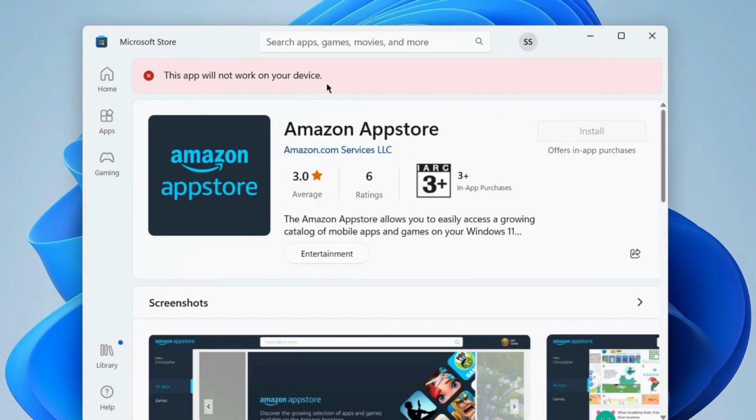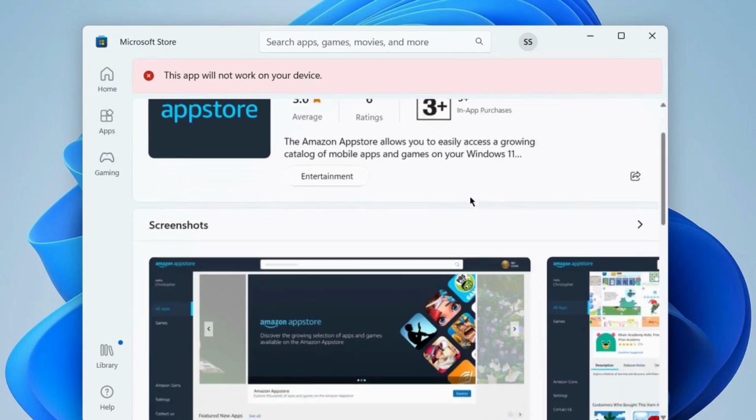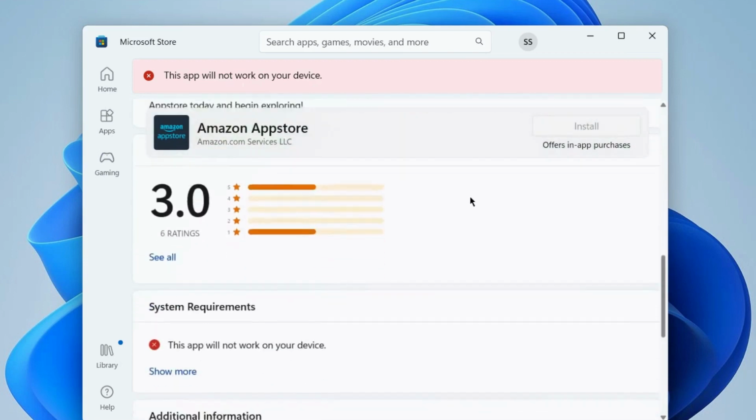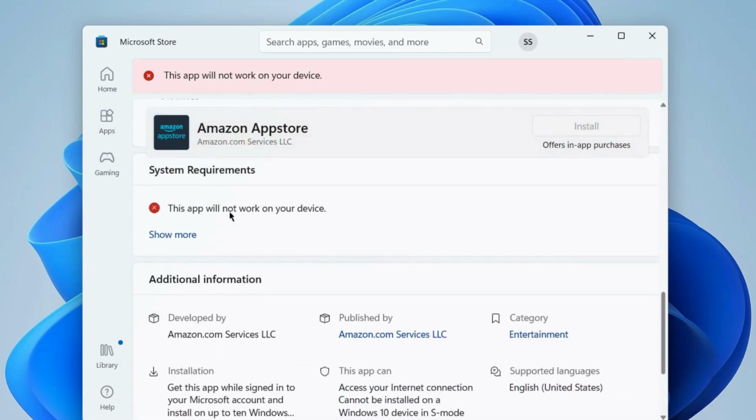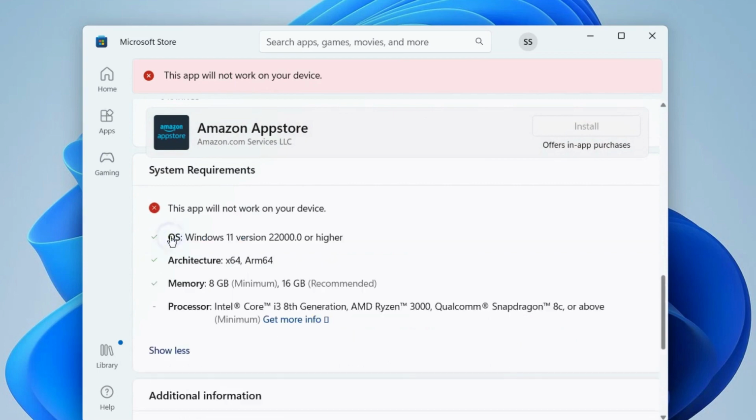Amazon App Store will appear here, but on my device this app will not work. On your device option it will be showing, so check the status, what shortcomings are on my side, choose show more, and here you will see OS Windows 11 version 22000 or higher. It should be